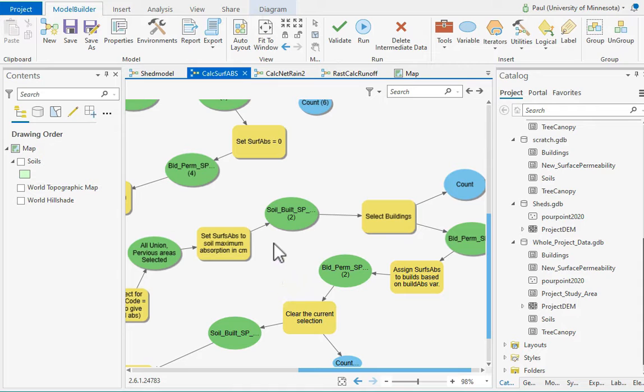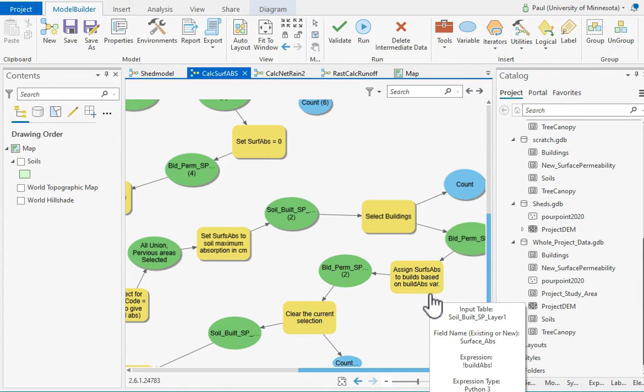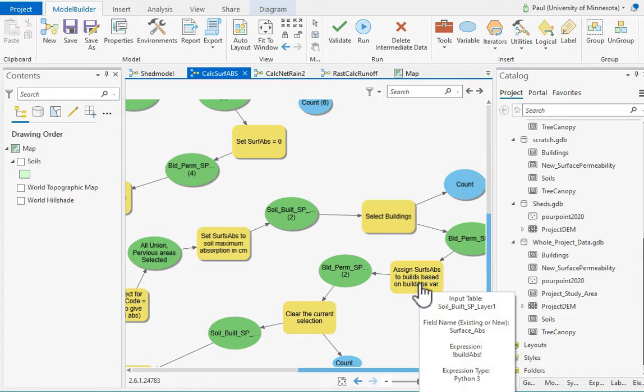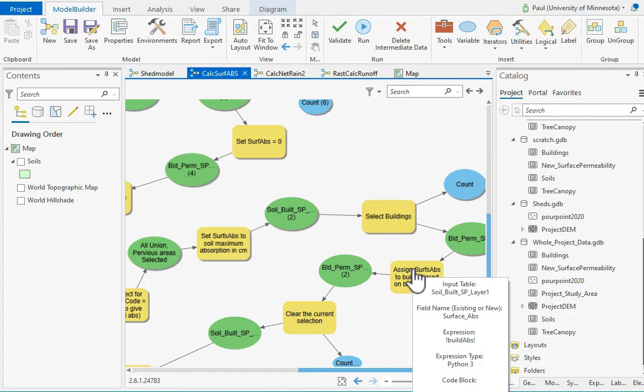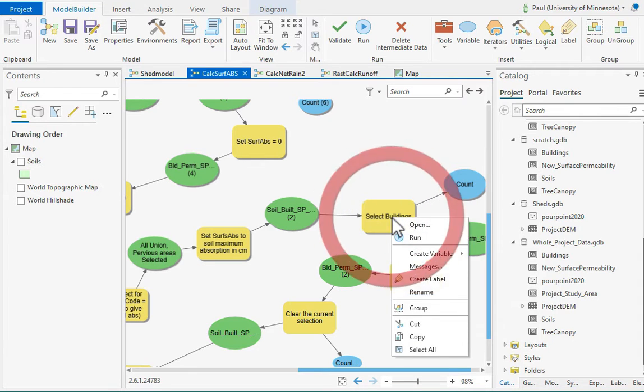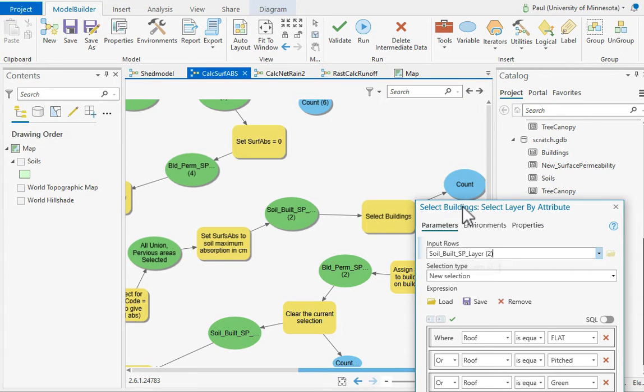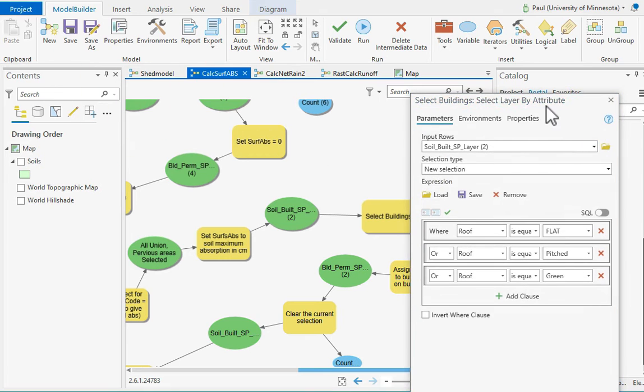It basically, in that previous code, when it comes through, they get assigned a value of 0 also for that per code. So what I want to do now is assign the buildings correctly into the surface absorption section. I assign the surface absorption based on the building absorption variable. So what I'll do here is select the buildings, right? So I'm going to find all those